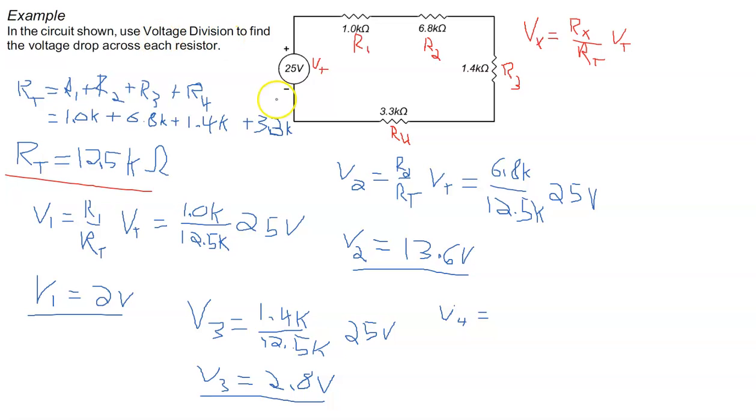But because this said voltage division, we'll go ahead and say that V4 is 3.3K over the total, which was 12.5K, times the 25 volts,